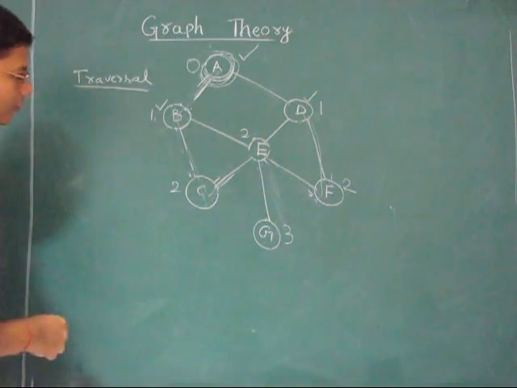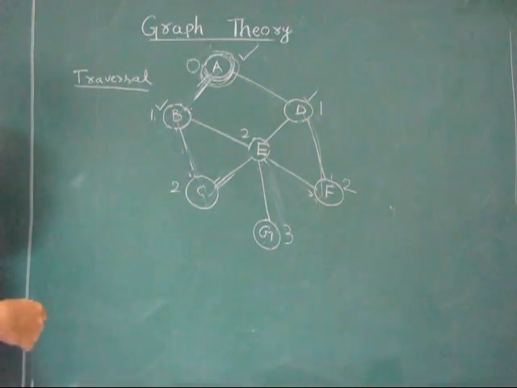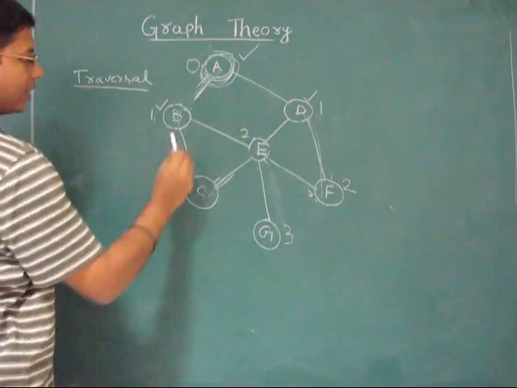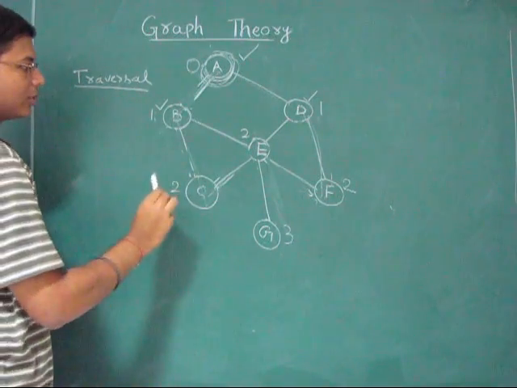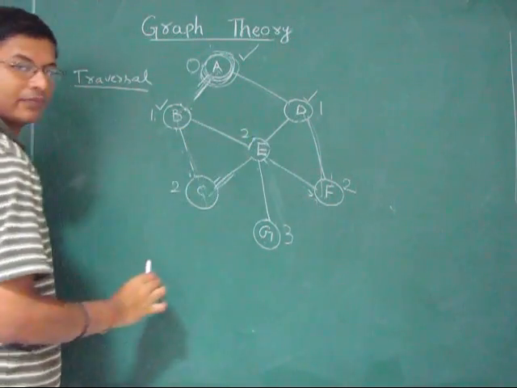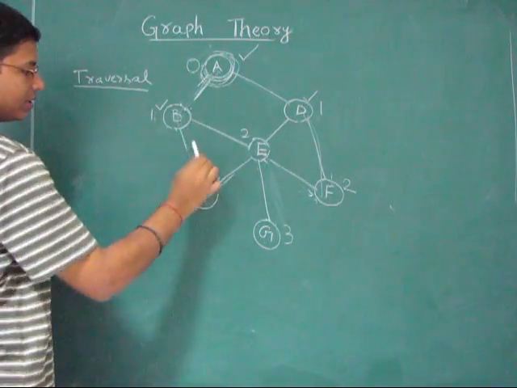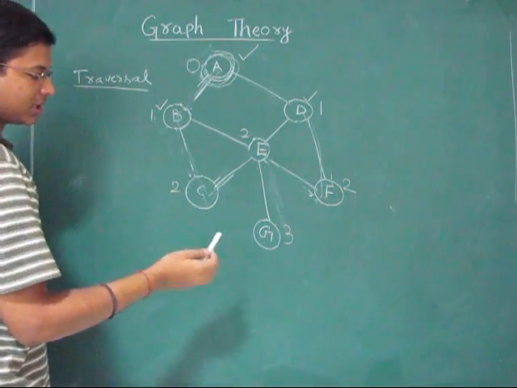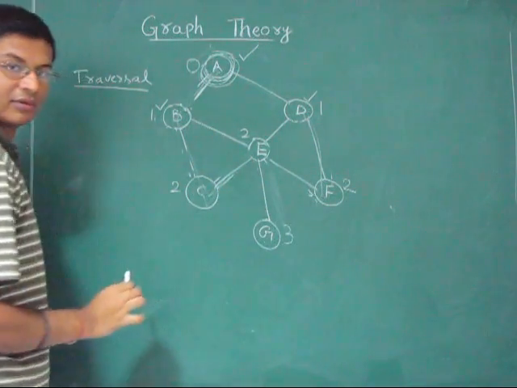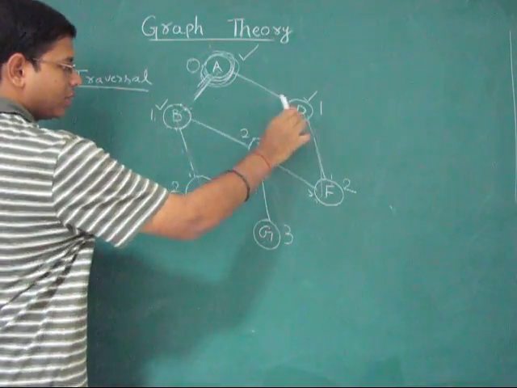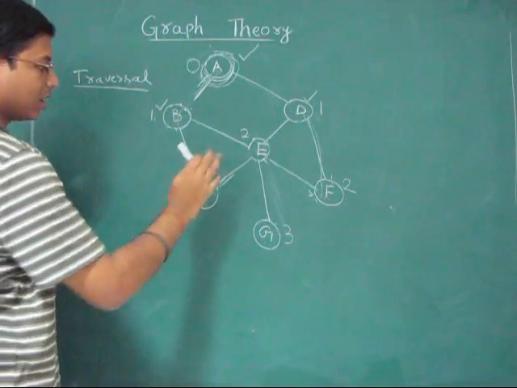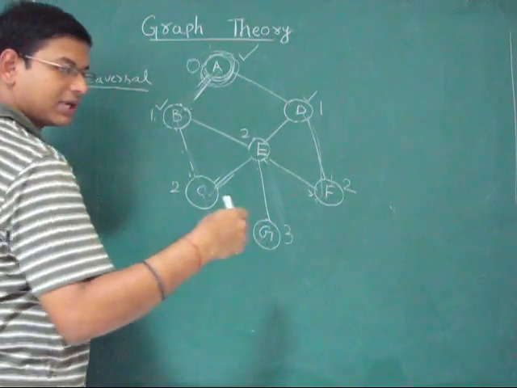So the order in which we visit the vertices: if you look at the order from A, I have the neighbors B and D. Okay. So I came to know that A has the neighbors B and D. And after that I came to know that the next set of new vertices are C, E and F. So the vertices which I came to know before should be taken care of first, and the vertices which I came to know later should be taken care of later.